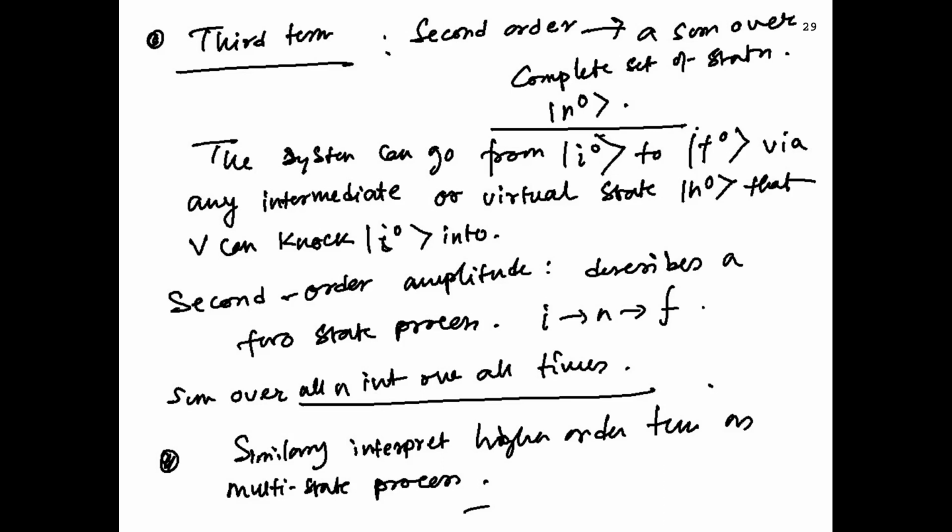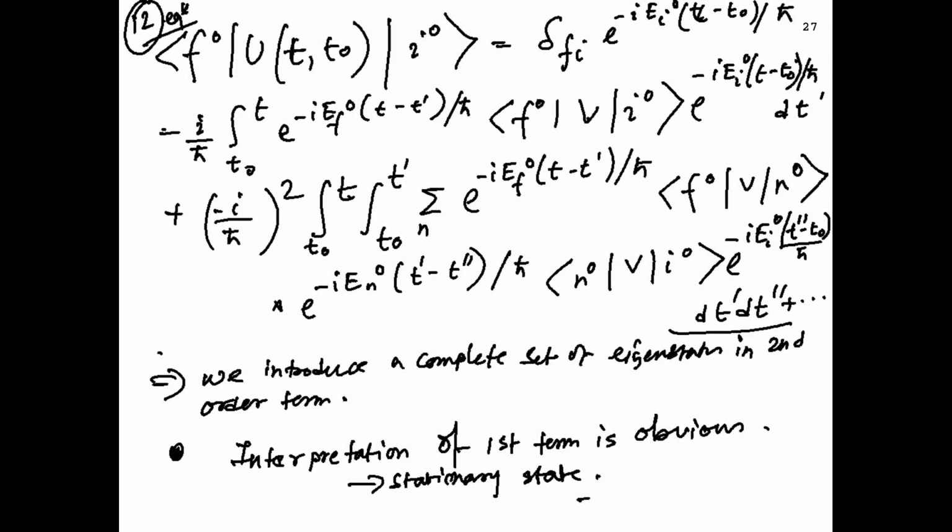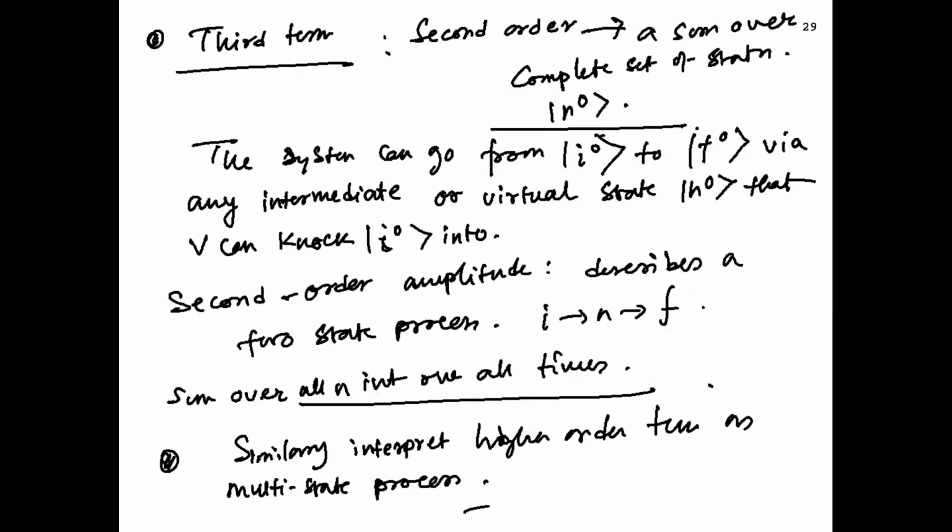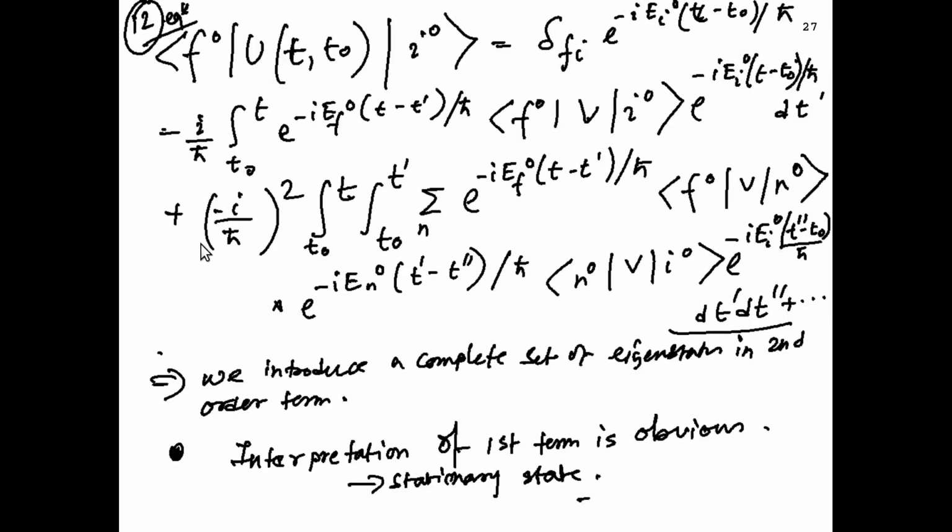You have come across these virtual states before also. So what is this virtual state? It is basically a state where the system can go, but eventually you will measure it at a defined state. So this allowed state comes from this, which is the way you interpret this formula. The system goes from I to N, which is the allowed intermediate step, and then it goes to F. So for that it picks up three phase factors.